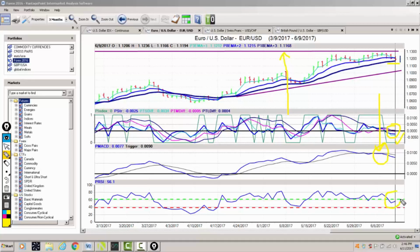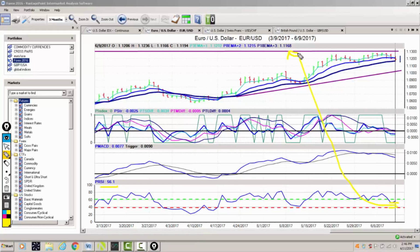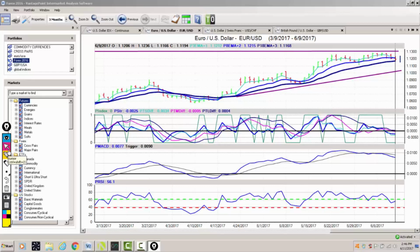Now, the indicator of concern to me, the predicted RSI, a very powerful indicator from VantagePoint, at 56. I'm just going to clear that so everybody can see this. 56.1. Now, we need this to break not only below the 50 level, we need it to break below the 60 for the downside to accelerate. So we want to combine this with, of course, this critical VantagePoint 18-day predicted moving average at 111.68. So if we break through 111.68 here, guys, our neural index is already pointing down. If our predicted RSI can gain momentum to the downside, that will confirm the euro is going lower,